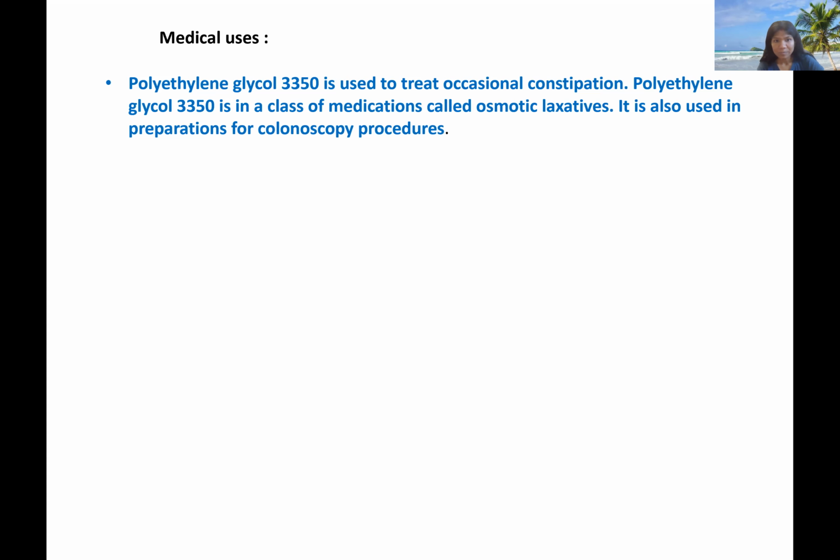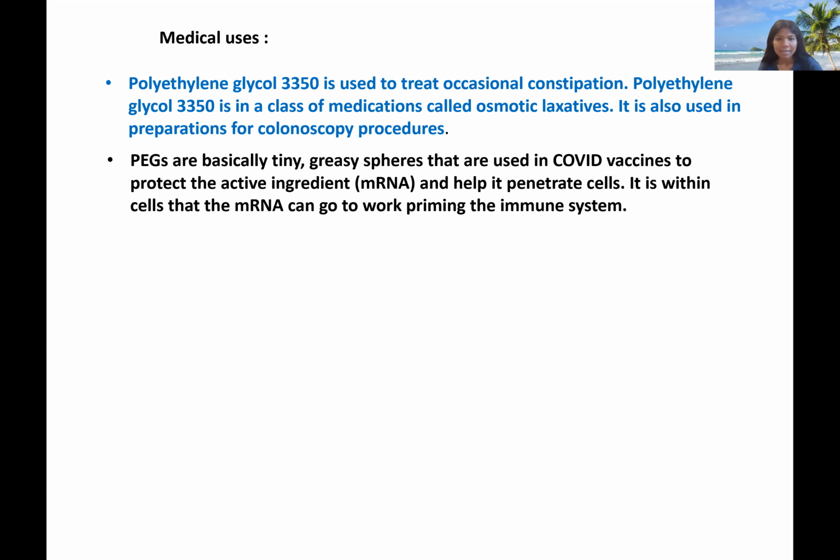Okay, so what is the role of PEG in this vaccine? It is like a gum-like substance. It is a polymeric substance which protects the mRNA, and it is like a spherical thing. Like I use polyethylene glycol in my lab to make some electronic devices, it protects my molecule inside the device. The same thing is here. It protects the mRNA, making a spherical type thing, and it also helps to penetrate the vaccine into our cells.